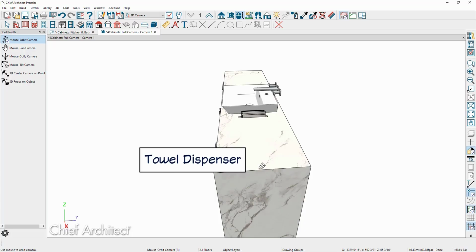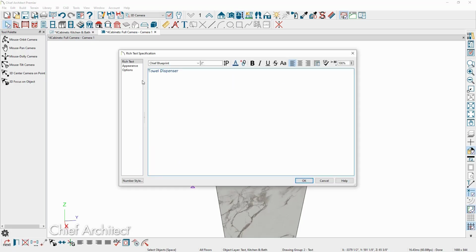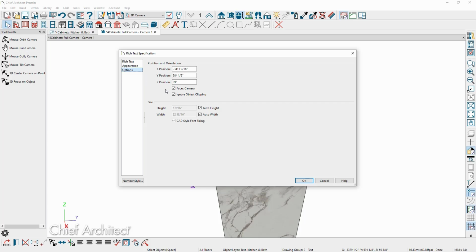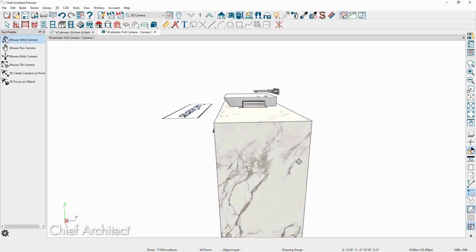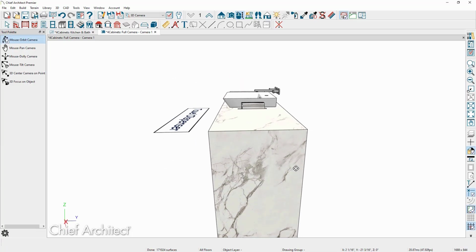It's easiest to center 3D text on another object if the 3D text does not rotate with your camera when you're moving and positioning it. So let's double click on this 3D text to open up its specification, and on the options panel uncheck faces camera and then click on OK. And you can see how that 3D text is now positioned horizontally